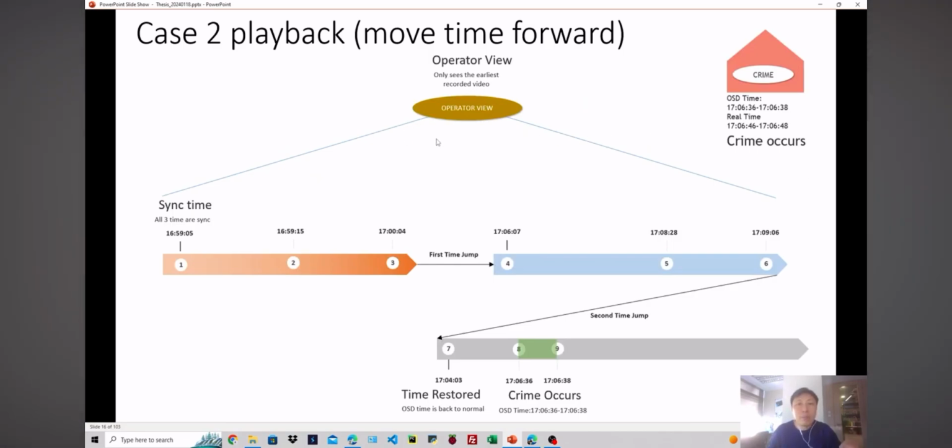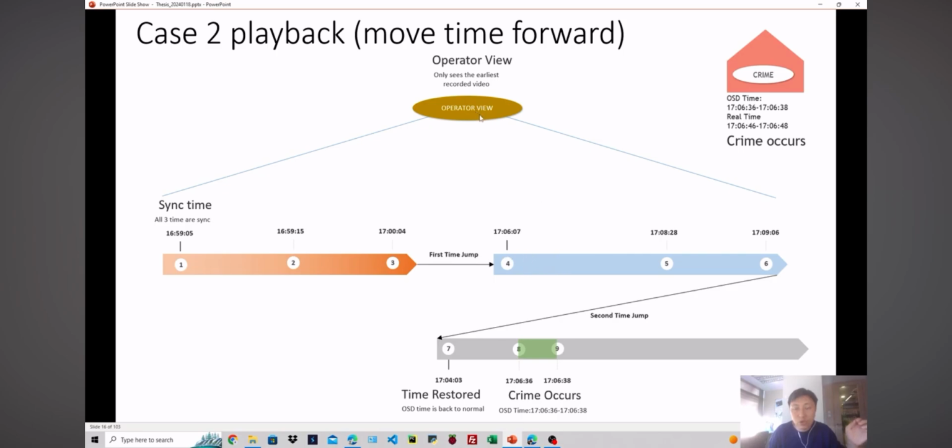From the human operator's point of view, when he tries to search for the incident, he will search for 17:06:46. But since we pre-recorded some video content in this time range,